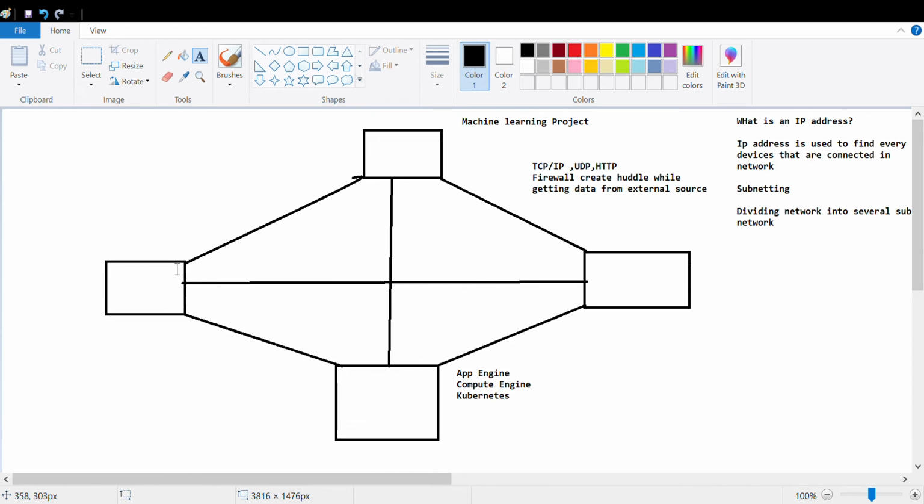If I say that I want to subnet it, I want to divide this network into multiple networks, then how will it happen? You see this. It is connected with another network. Suppose it is connected with one node, and this node is connected with several other nodes.